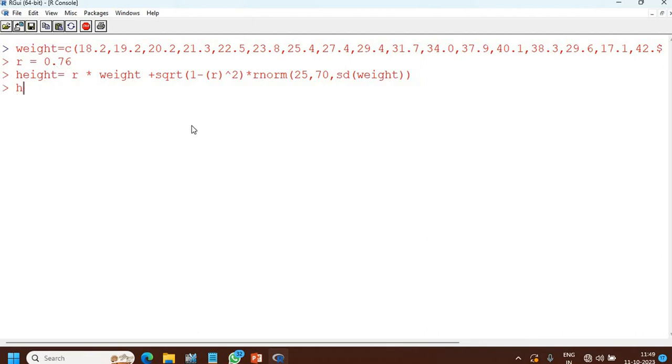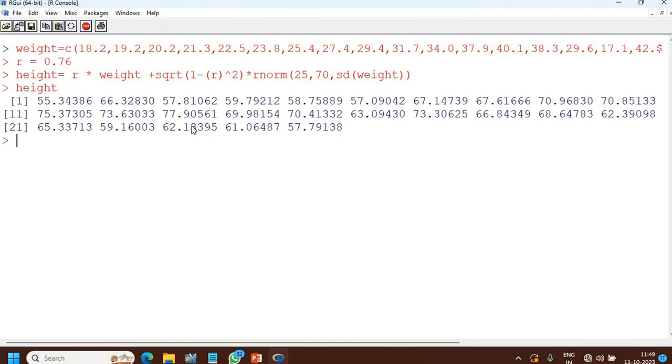Now if we want to check what is the value of height, or what values are stored in height, we write this and then we get this. These are the values which we have come across under weight, under height, and then we calculate the correlation coefficient and write and calculate. So you see the value comes out to be